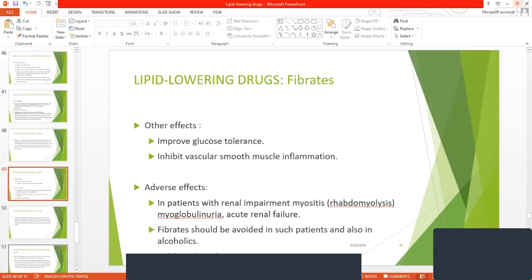Rhabdomyolysis has occurred rarely. The risk of myopathy increases when fibrates are given with reductase inhibitors. Fenofibrate is the fibrate of choice for use in combination with a statin. Fibrates should be avoided in patients with hepatic or renal dysfunction. There appears to be a modest increase in the risk of cholesterol gallstones, reflecting an increase